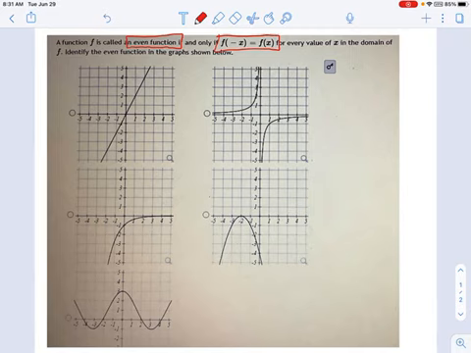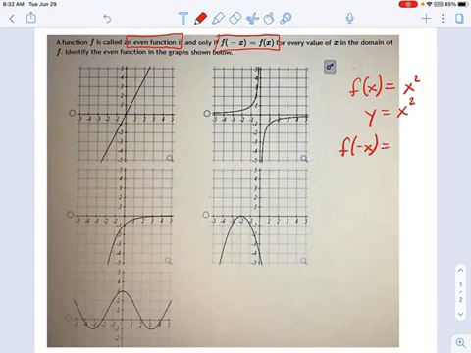Well, remember what f of x is. f of x is usually something that you write like an equation, like f of x equals x squared. Well, the other way we write equations is like this. We say y equals x squared. And these are the two main ways you graph something. You say y equals x squared, or sometimes you say f of x equals x squared. What f of x means is the function of x. That's y. So if I say f of negative x, what I'm saying is instead of positive x, we're going to use negative x right here.